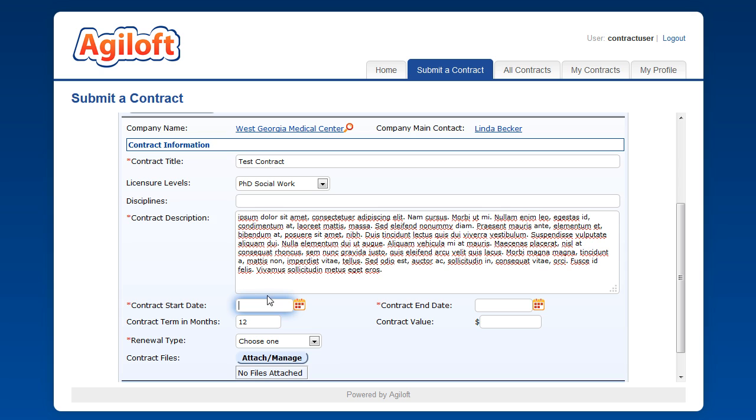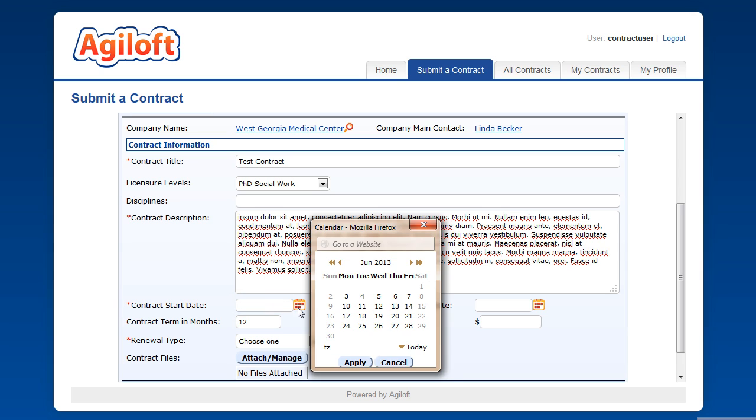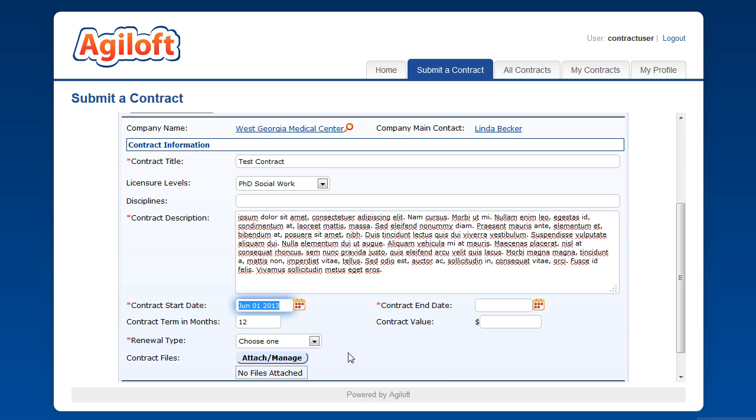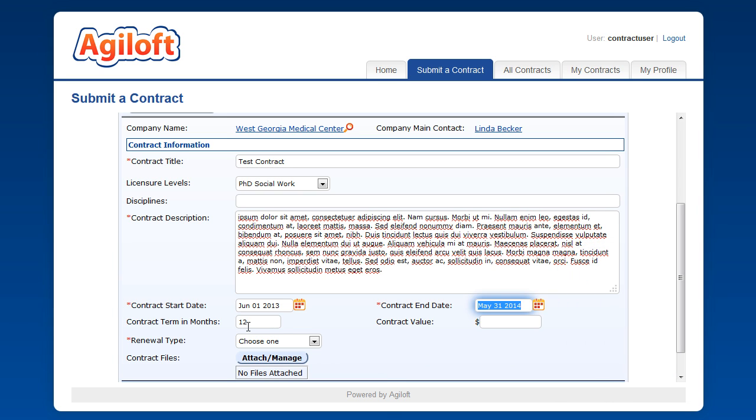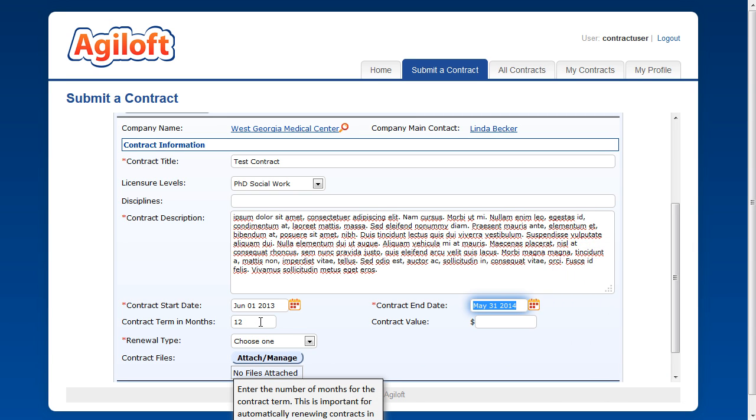Next, we'll enter a contract start date and a contract end date. Click Apply, and we'll do the same thing for the contract end date, and click Apply. We could have a business rule that would automatically fill in the contract end date based on the contract term in months. Next, we'll enter the contract value,